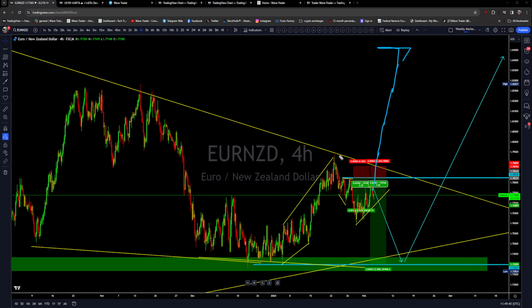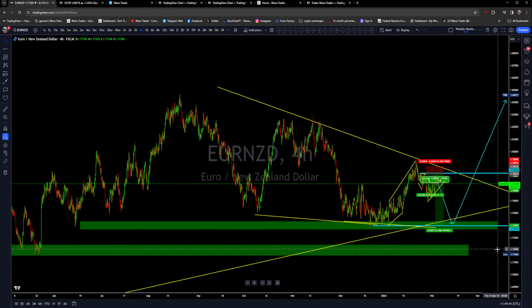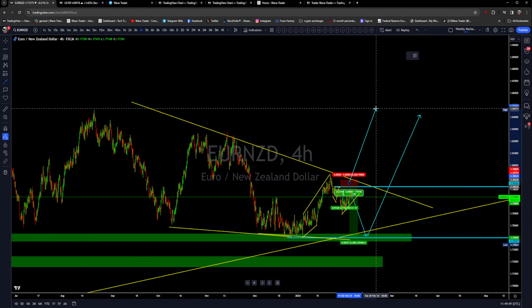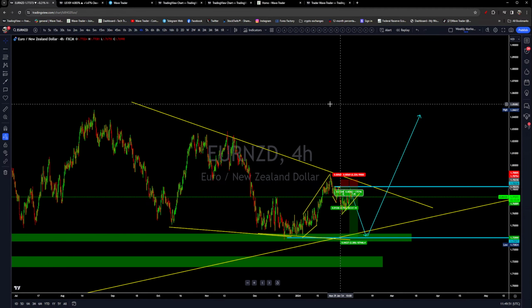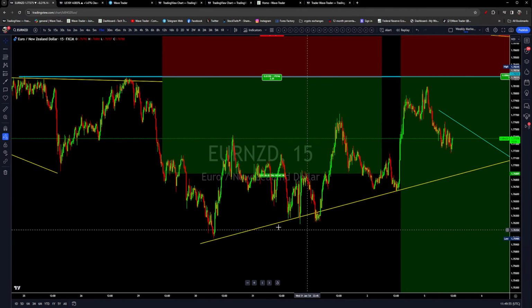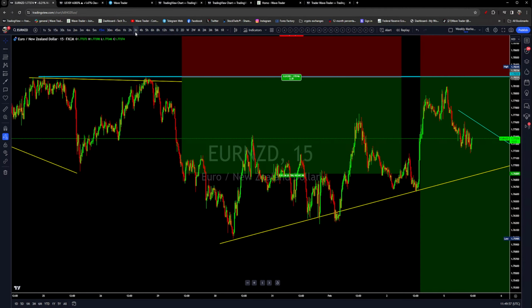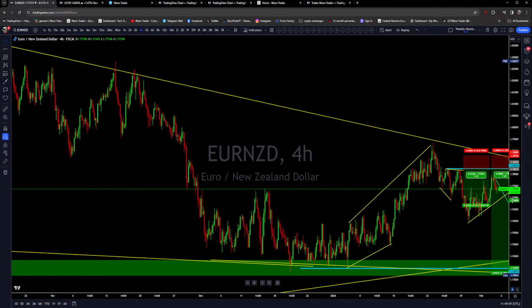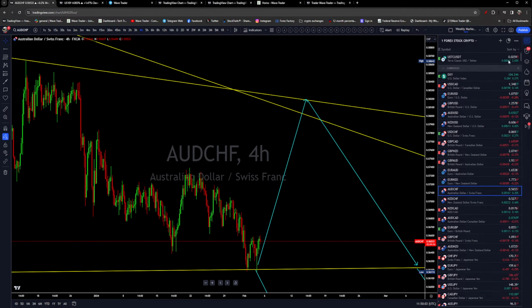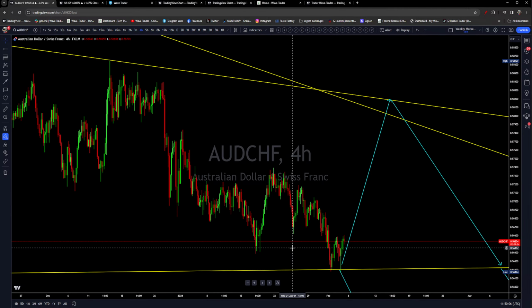So that's why last week my formation was like that, that one more leg higher can appear over there. You need to keep that in mind, guys. All right, so euro New Zealand dollar, same like last week, pullback is happening. And Aussie chief